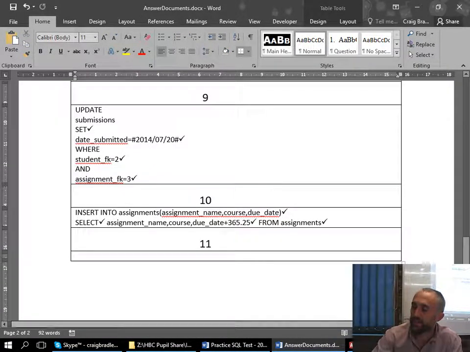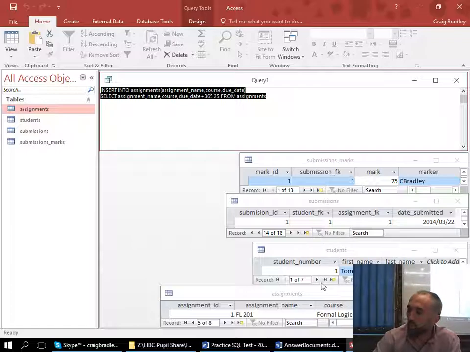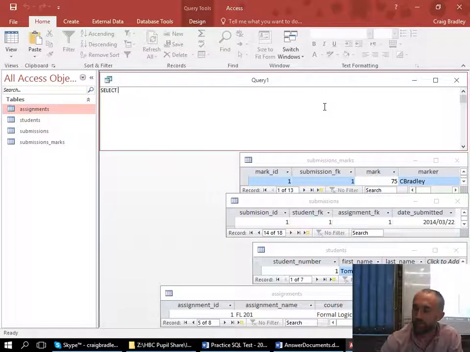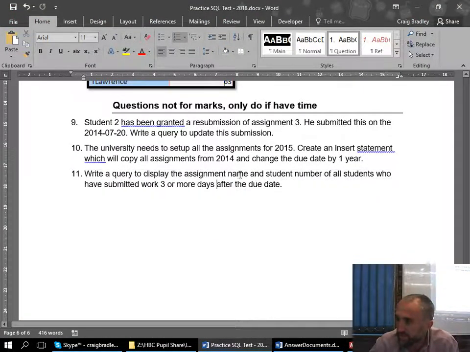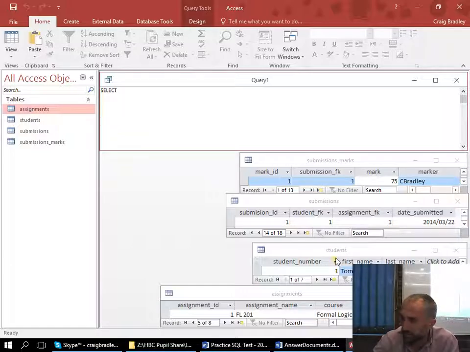Okay, so this is quite a bit of date manipulation. We want to find out all those students who submitted late. So we're actually working with 2 tables. For one, what fields is it asking me? Display the assignment name and the student number. So I want the assignment name. So select what fields we want: the assignment name, and we want the student